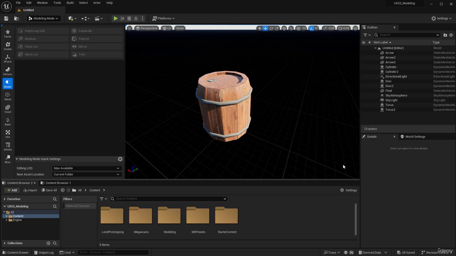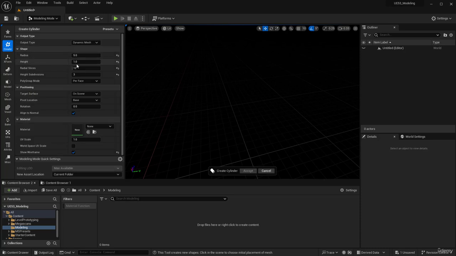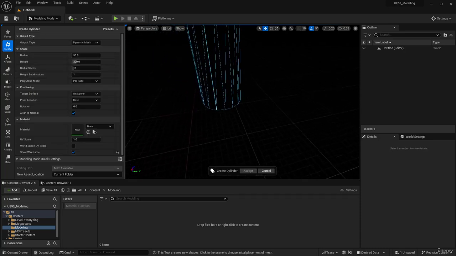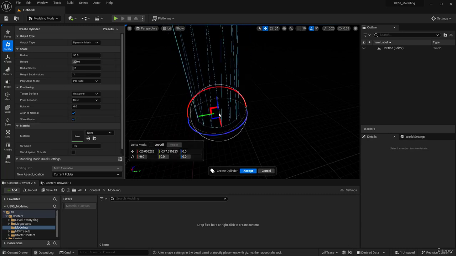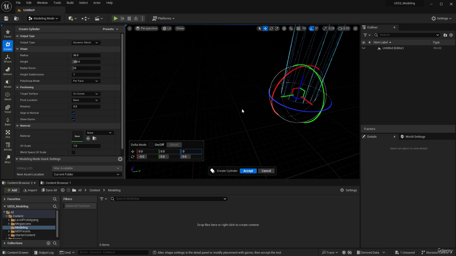Now let's go ahead and apply some of what we learned on a practical example. We're gonna create this 3D barrel. So let's do it. I'm gonna start creating a cylinder. So let's go ahead to cylinder and let's go ahead and reset everything. And I'm gonna place the cylinder there, and let's set the XYZ to 0, 0, 0 to center it on